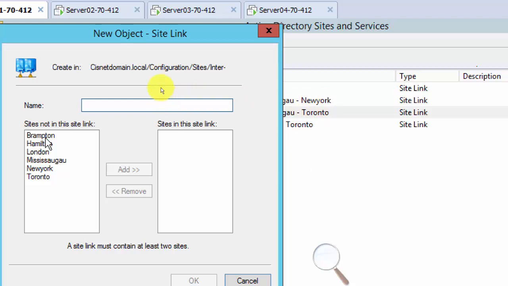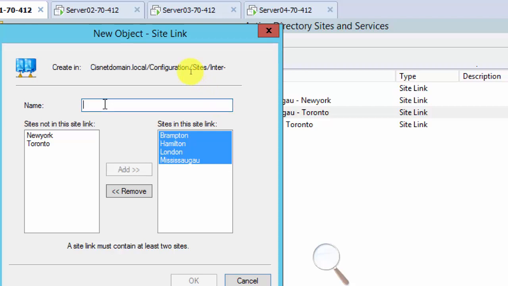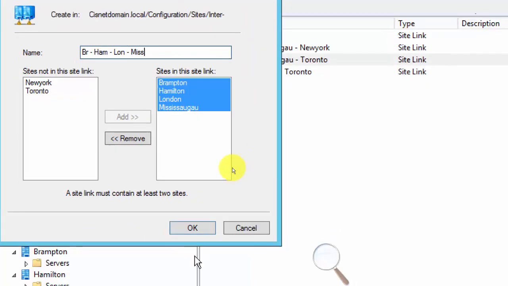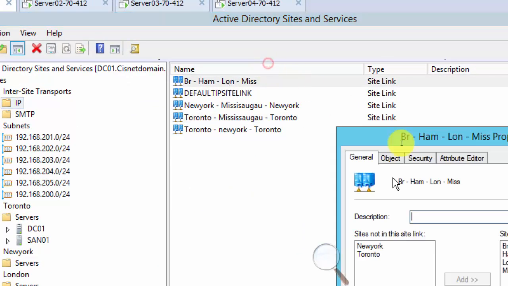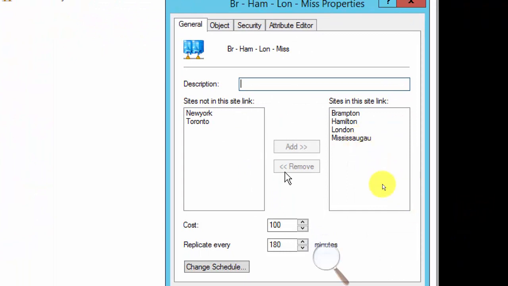Or 4 here as well at the same time. So Brampton, Hamilton, and Taunton and Mississauga, they're connected. So I can just go for that and just start BR, Ham Lon West, and press OK. So we can consider that, hey, take this route if you prefer this route,